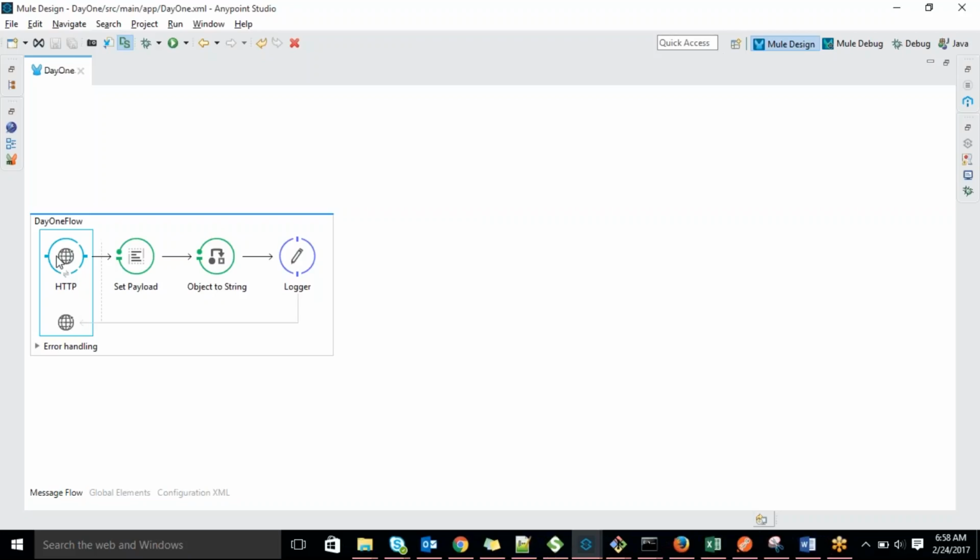Once we get the request from the consumer, we have to process it in Mule, then we have to respond back as a service, means back as a response. So this is nothing but a flow. A flow is nothing but a combination of message processors. Here HTTP is one message processor, set payload is one message processor, object to string. I will tell you what is meant by set payload and what is meant by object to string,